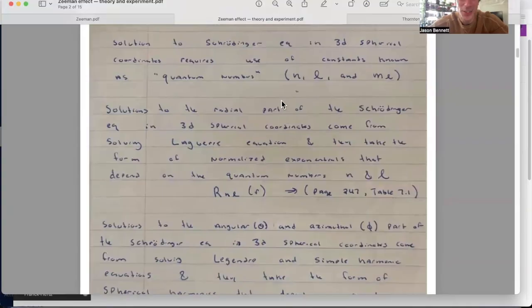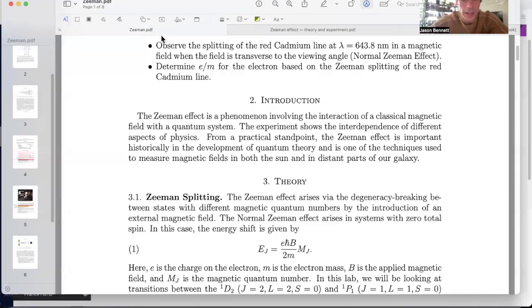These solutions to these equations require quantized values. Those quantized values, we call them quantum numbers. They are N, L, and ML. There are more beyond that, like spin, but for the normal Zeeman effect, not the anomalous Zeeman effect, I'll mention that a little bit because that's one area. The lab manual, I think, the reason this is J is because it's completely generic for L, and